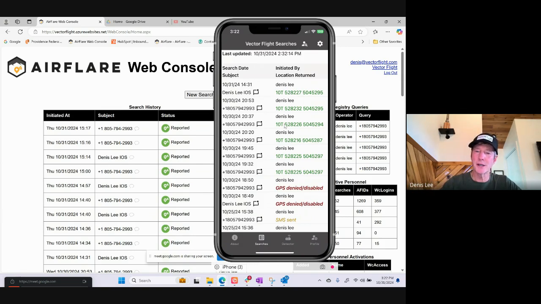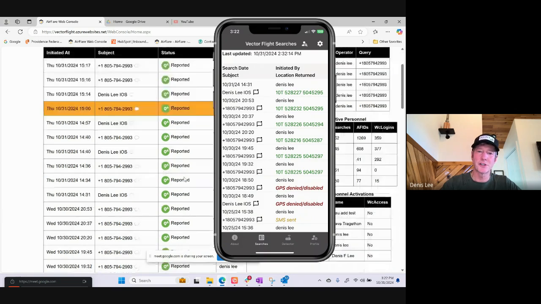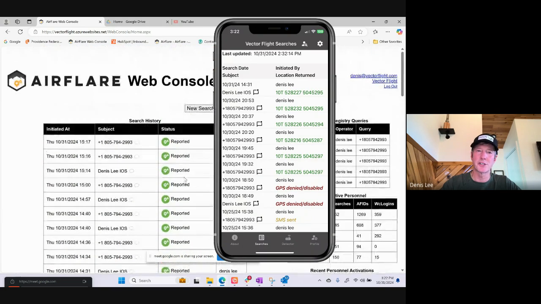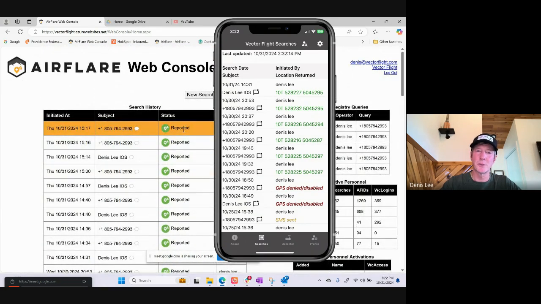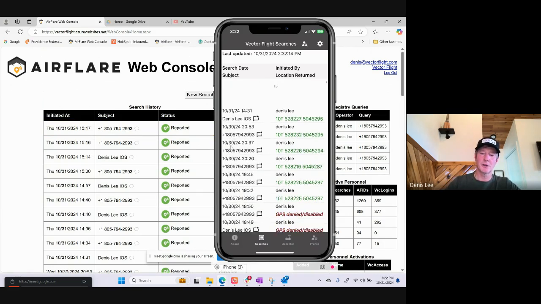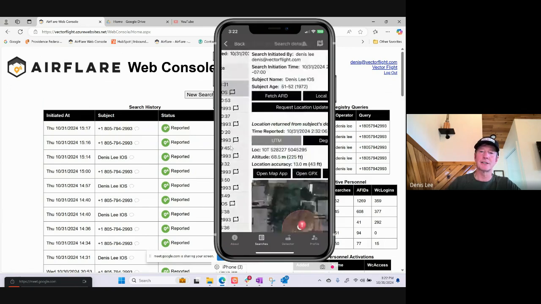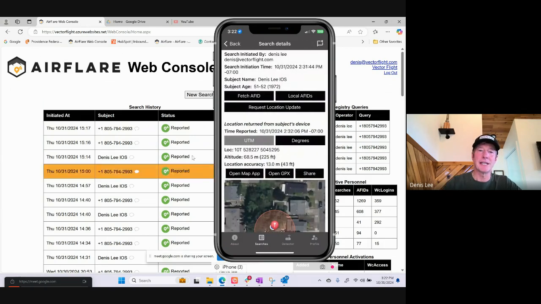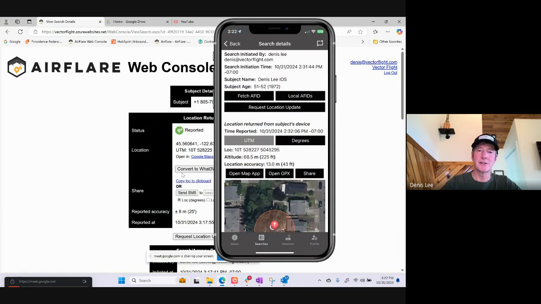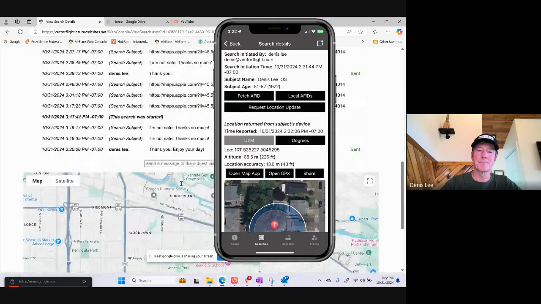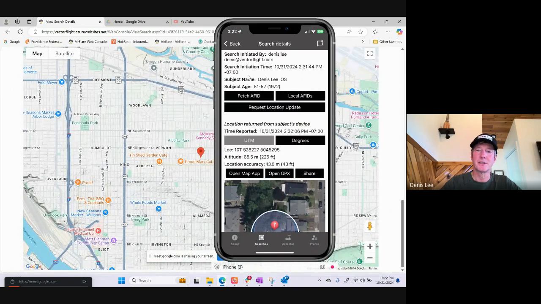So this is the home screen of Field Console. This is the running list of searches. It is the same running list of searches here. This was the search that we just conducted for this person that needs assistance. So a patroller in the field can go ahead and open up that top record, and everything that the dispatch sees, including the map, the patroller sees. Your subject is at